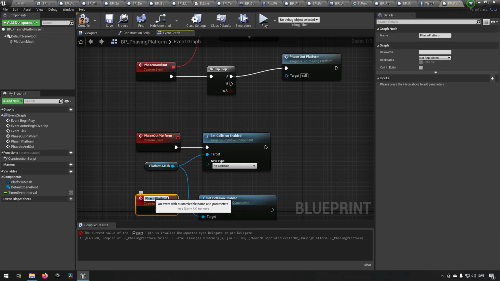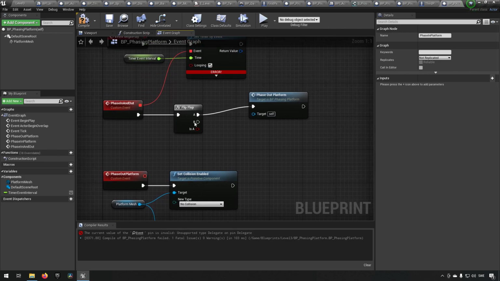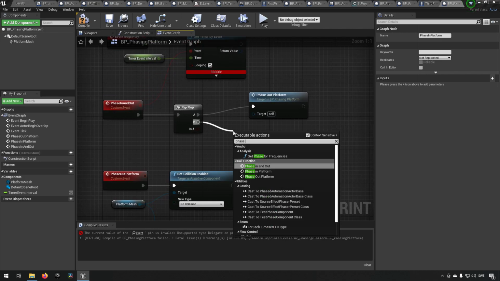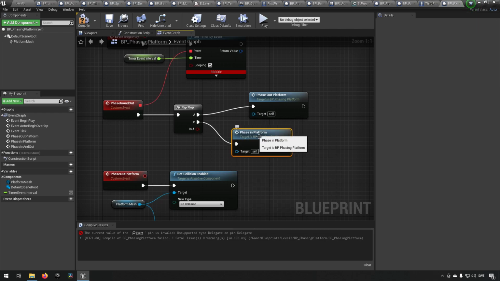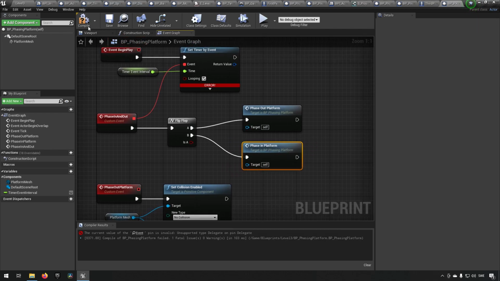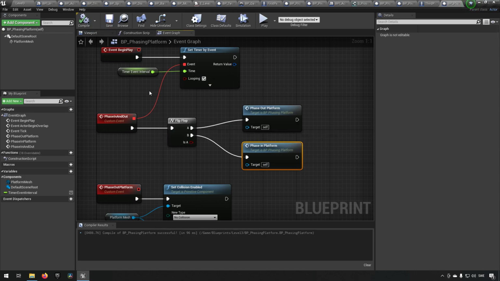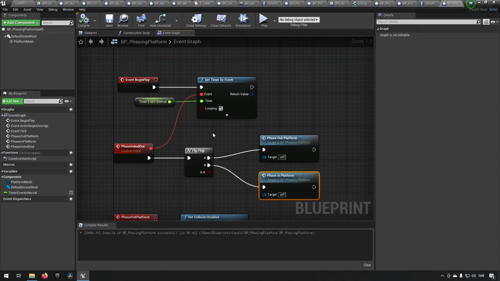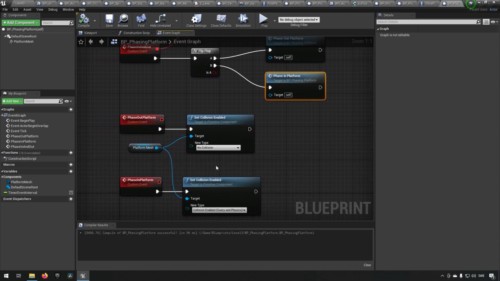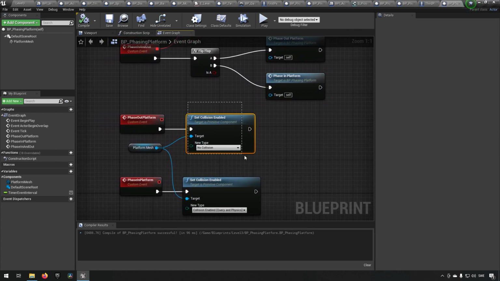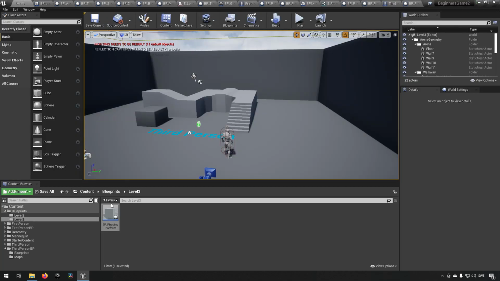I spelled it wrong. I thought I'd fixed that. There we go. Phase in platform, like so. So now we have essentially built the platform that will phase in and out. However, for now, all that it will do is change its collision. It won't actually disappear. If we were to bring it out into the world